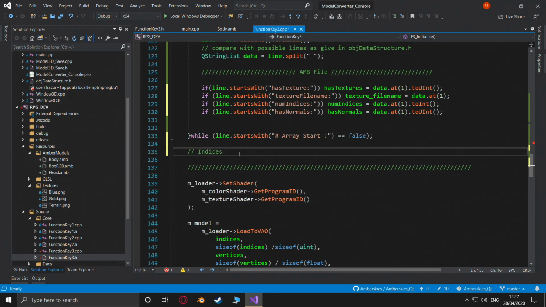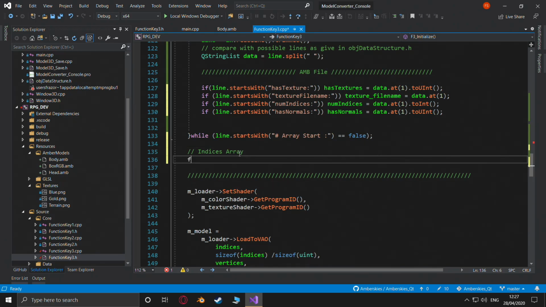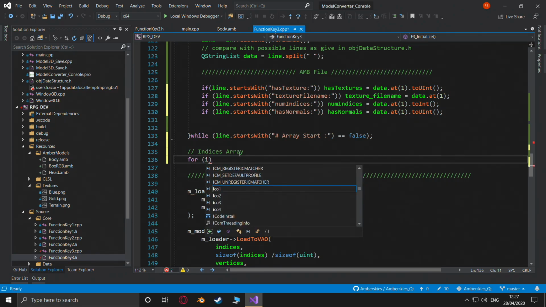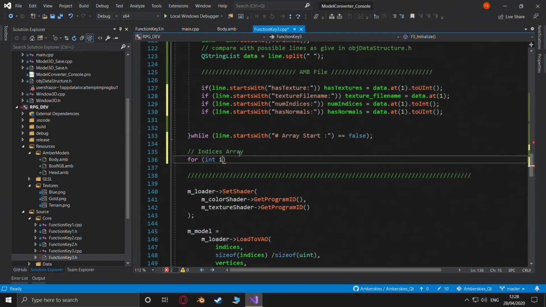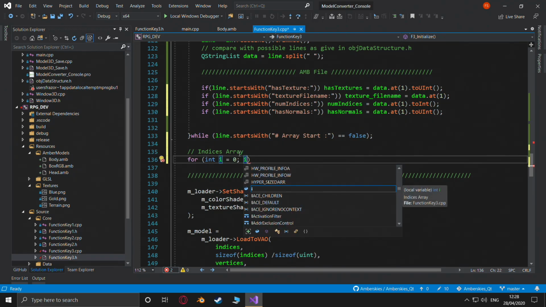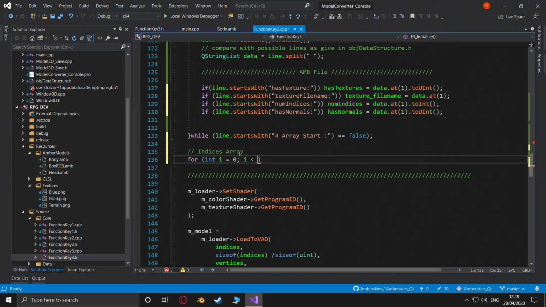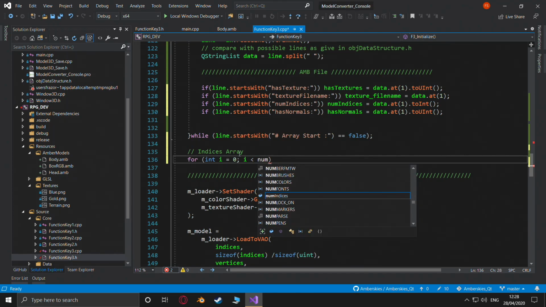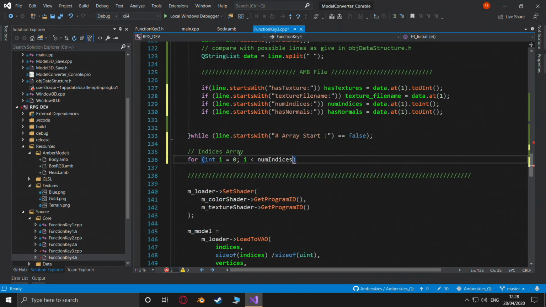Indices array is going to be for int i equals 0, where i is less than num indices, i plus plus,